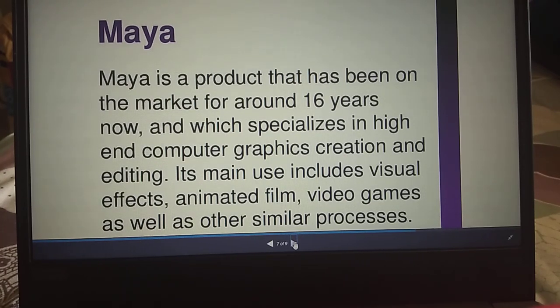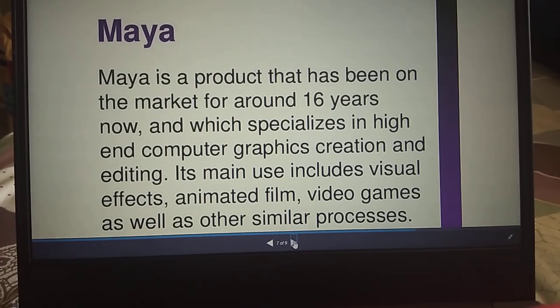Then next is Maya. Next tool. What is Maya? It is from Autodesk basically, and is currently used in the film and television industry. Maya has a high learning curve, but it has developed over the years into an application platform. Maya comes in two versions, Maya Complete and Maya Unlimited.